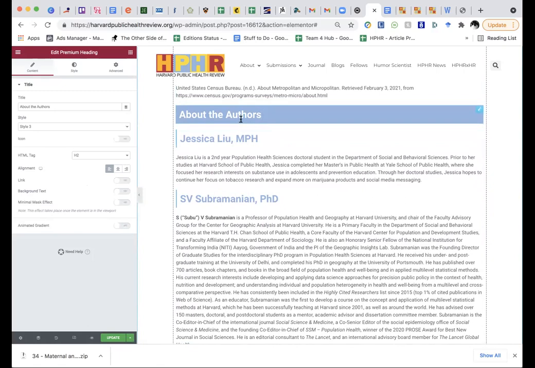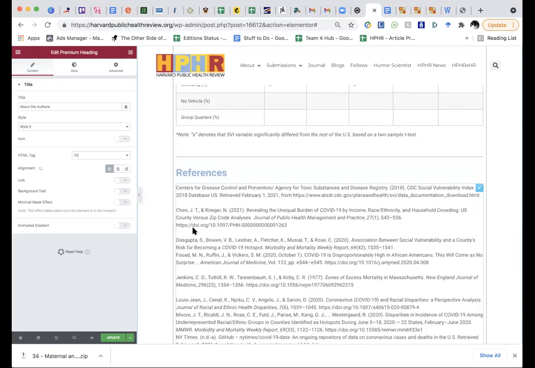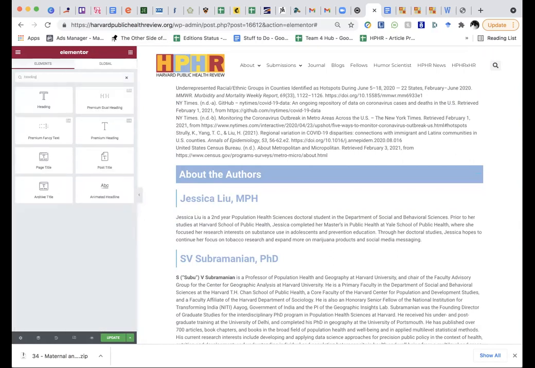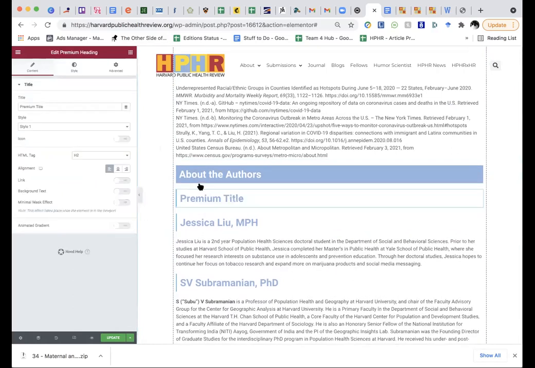So this is what's called a premium heading. You'll notice that some of the headings at the top also have this little line. This one has reverse bold out text, or knockout text, I should say. To get these premium headings, which are different from the regular headings that we have up here, this is a regular heading. To get premium, we just go to search widget, type in heading, grab premium heading, and drag it in.